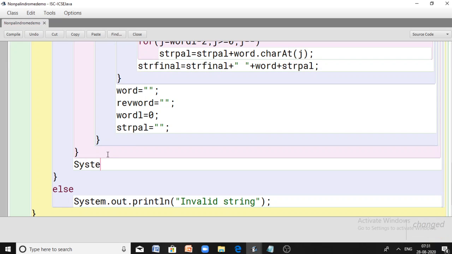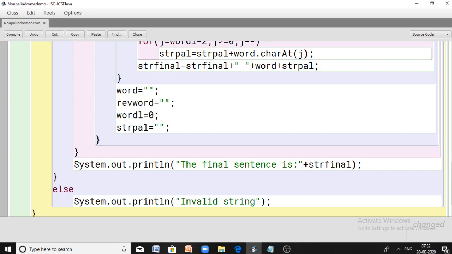System dot out dot println, the final sentence is, then you can print the final sentence. What is the final sentence? str final. Just print it.